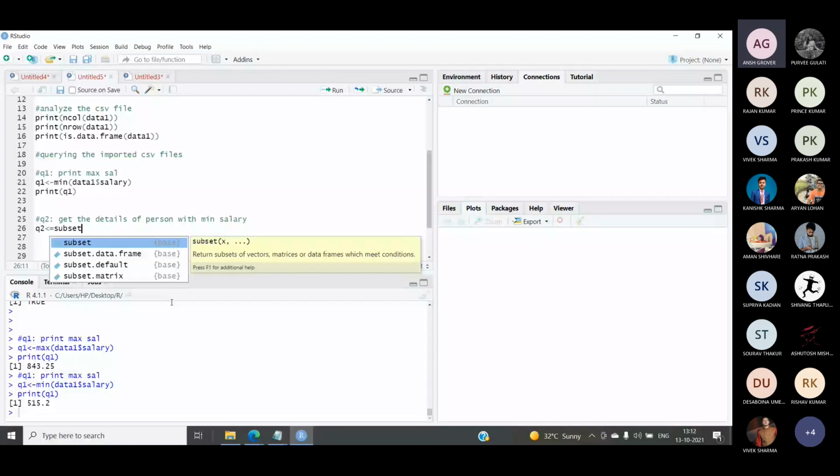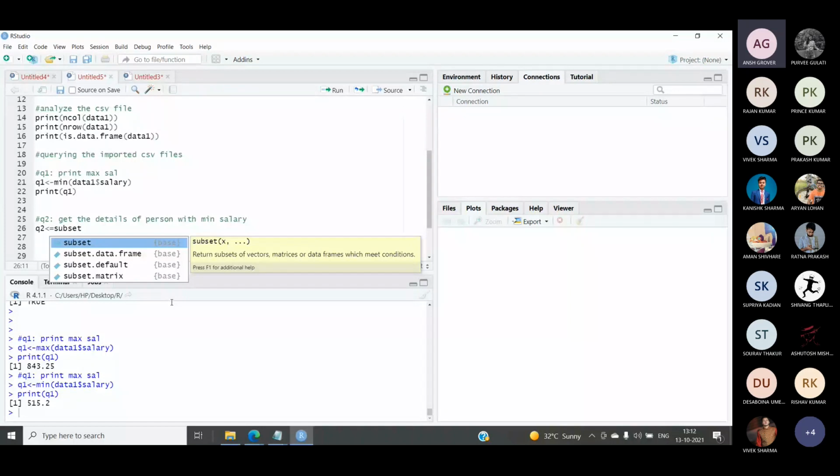Subset means some values from a complete set. That is a part of the set. So if I want to return a few records from a matrix, that will be a subset of the matrix. If I'm returning a few records from a vector, it will be a subset of the vector in that case. For doing that, we have a built-in function, and that function is known as the subset function.